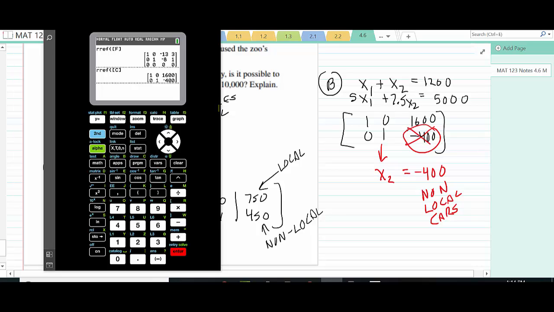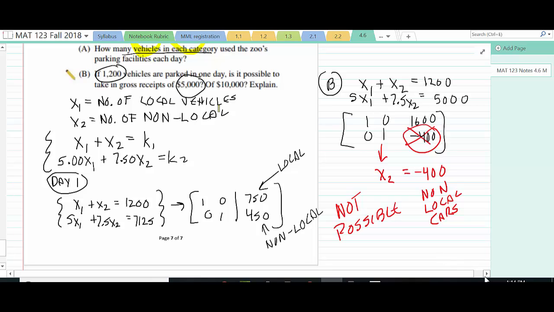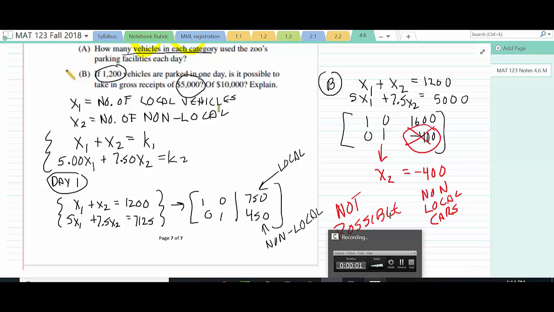Does that make sense to everybody? That system has a solution. It just doesn't make any sense in the context of the problem. All right. Any questions on that? Does everybody feel okay with what I just did? Okay, because we're going to do a lot of these word problems where you're setting up matrices. You want to be able to solve problems and let your calculator do the dirty work for you, okay, on these, all right? Okay, so we'll